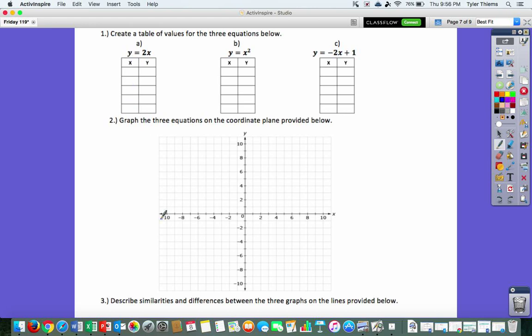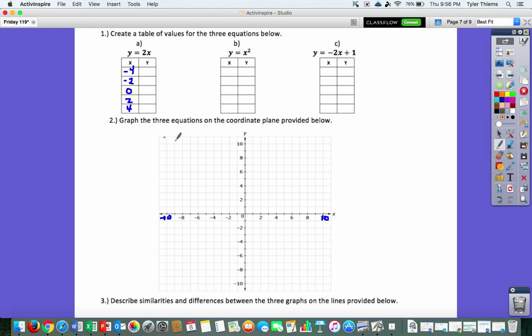And what you'll notice is our x-axis goes from -10 to +10. So we can really pick any number between -10 and +10. However, we want to try to keep it on this coordinate grid, so we can see what the function looks like and be able to display the graph of this equation, y is equal to 2x. So what I'll do is I'll just pick some. You can pick any numbers that you want, but I'm going to go ahead and pick -4, -2, 0, 2,